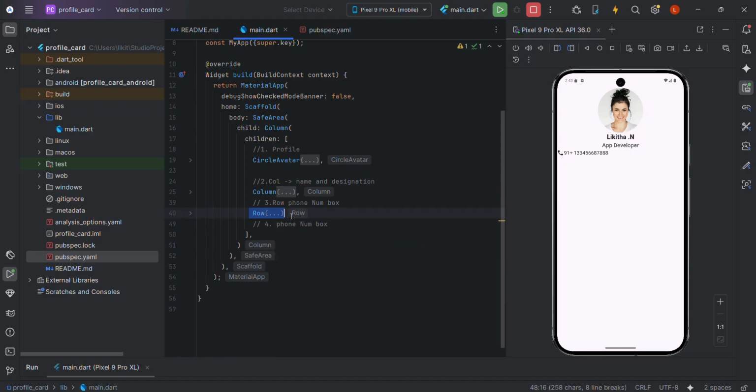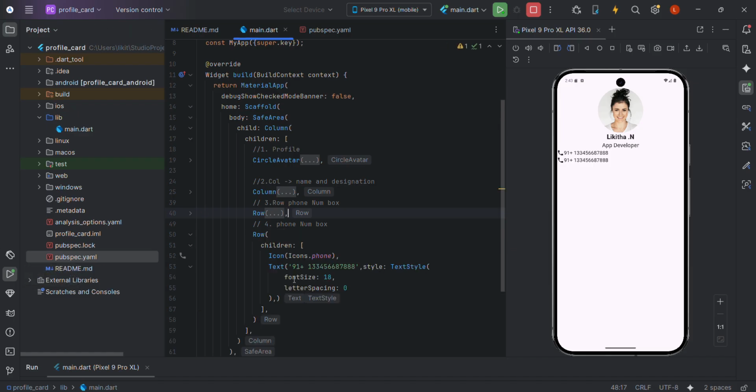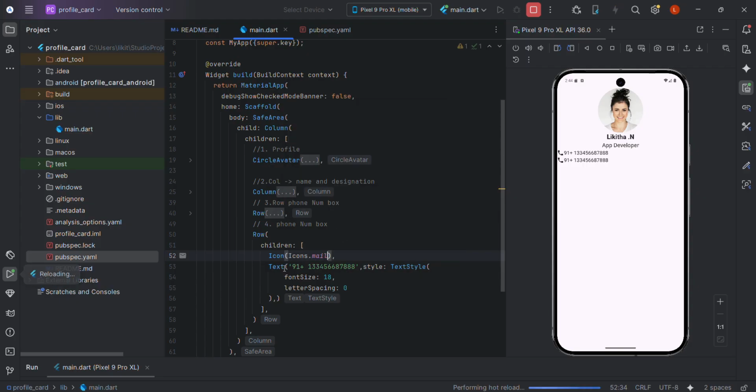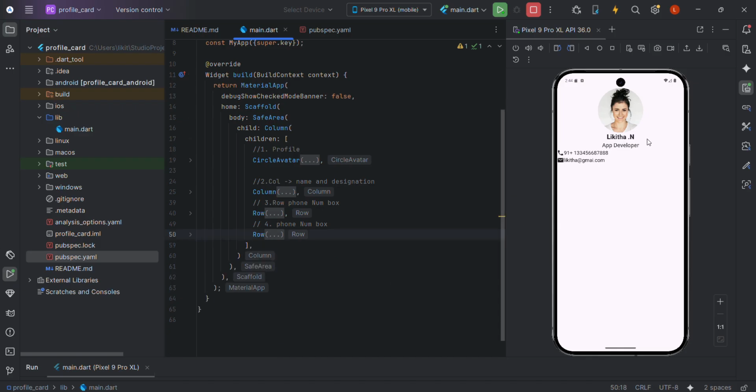The same thing we have to do for the other fourth box, that is a row. Make sure it is separated by comma, and that row takes an email. So make sure instead of phone, there's a mail. Just type mail, you'll get a mail icon. And next is, instead of a number, just write a mail called likita@gmail.com. We are done with this. Okay, the next thing,